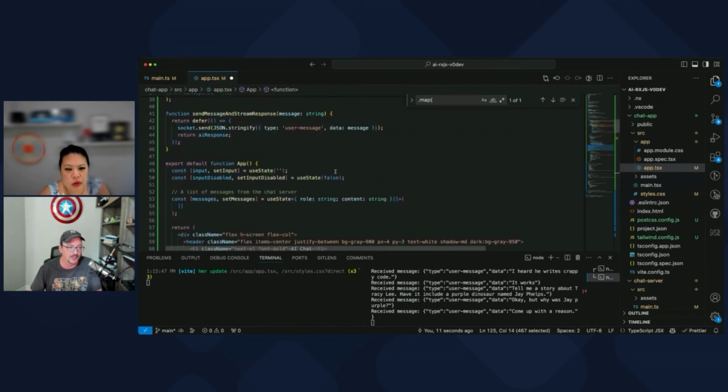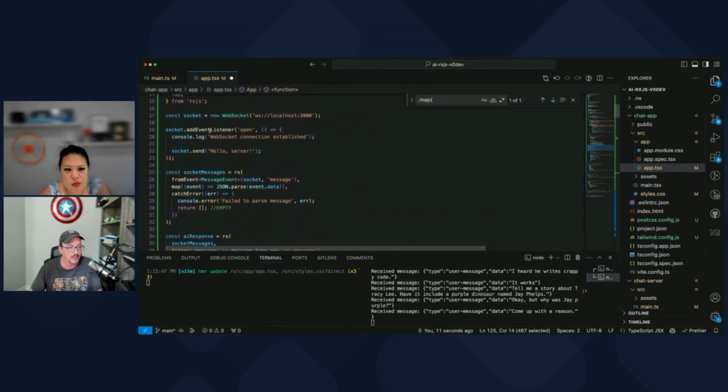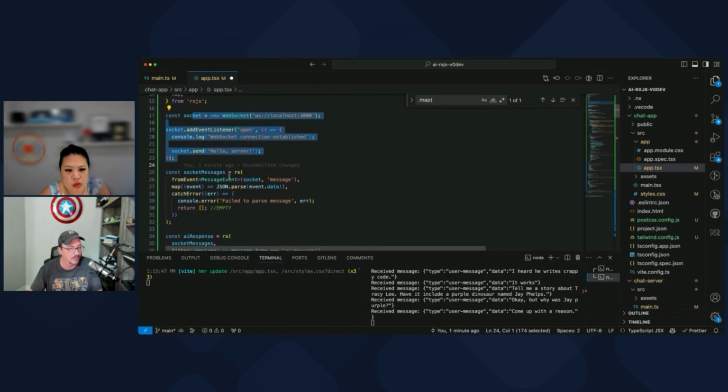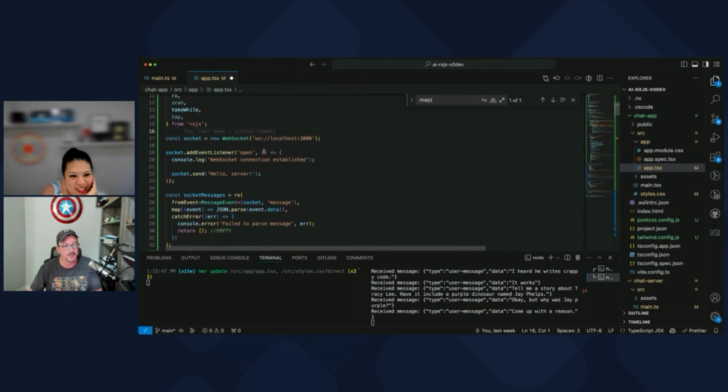So right now it's just connected at the top level. And if I wanted to handle it automatically if it closed, I would wrap this in an observable and then add a share on that, right? Can we do it? That's so easy. Yeah, we could do that. Let's see.